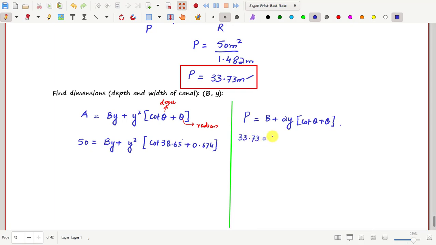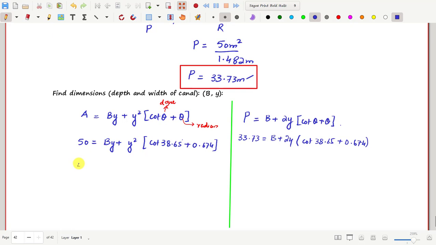33.73 will be equal to b plus 2y into cot theta. Theta is 38.65 degrees, and theta in radian is 0.674. Put the value of cot 38.65 here and here, then simplify these equations. When you further simplify this equation after putting the value of cot 38.65 and then add it with 0.674,